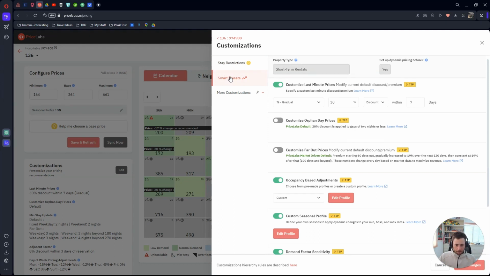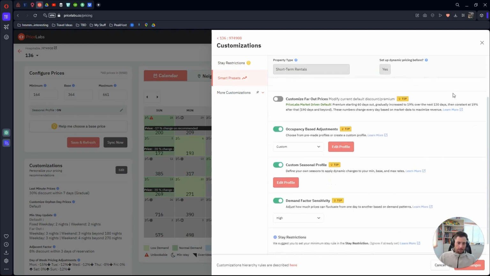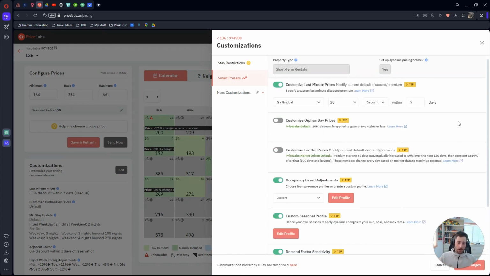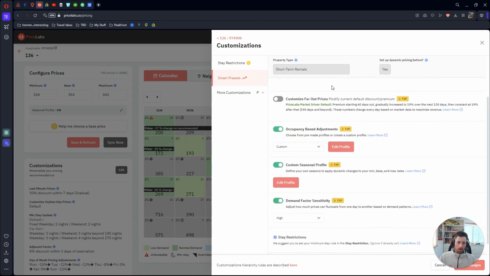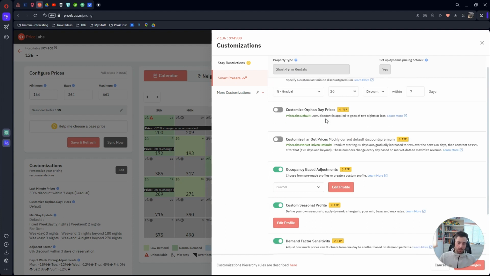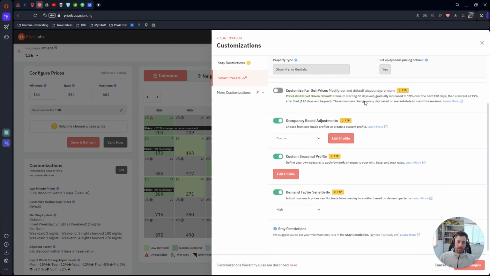Next, smart presets. The ones I use the most are the ones that are turned on. Last minute pricing, fairly straightforward. You can customize orphan day prices, is what we just talked about. Far out prices, I use the default, gradually increase by 90% over 30, then consistent after that. These next 2,